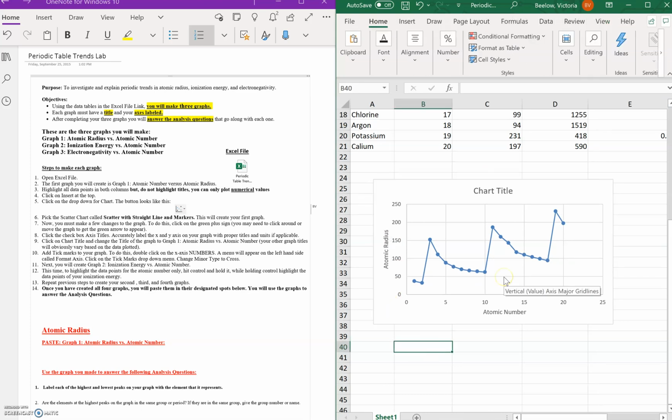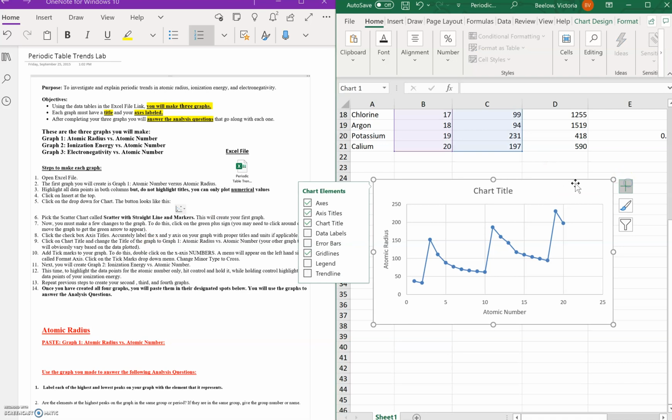on that axis. So now that we have our labels, next I'm going to go back to the little plus sign here,